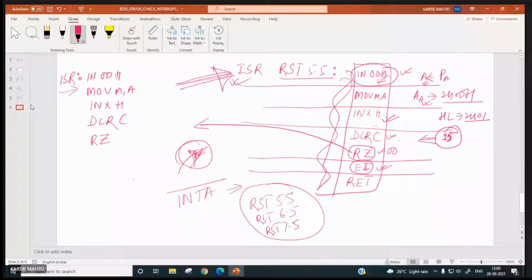Sir, it will work only one time. It will not return to the main program. Yes, sir, because this count is not going to be 0. Because the first time it is being executed, if this is 0F, this will become 0E. Now return if zero, so this condition is not true. So what is the next instruction over here? That will be executed. It will not return to the main program.